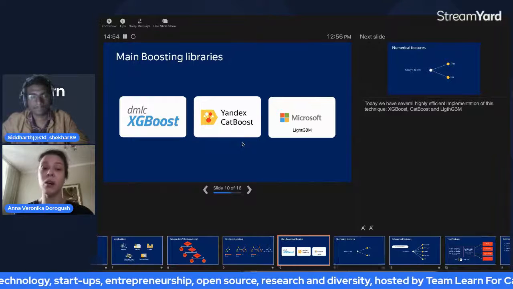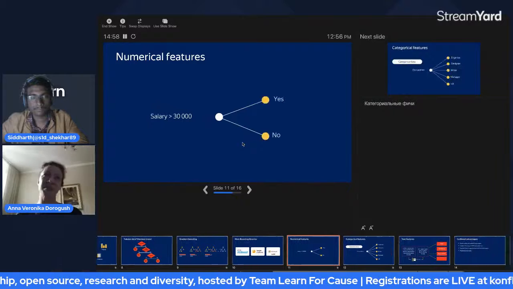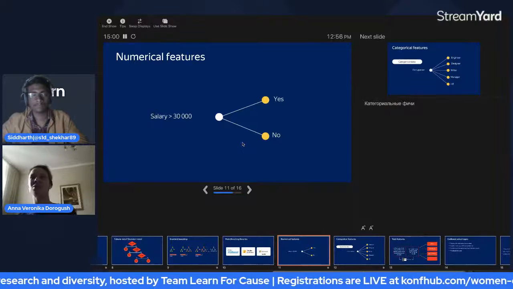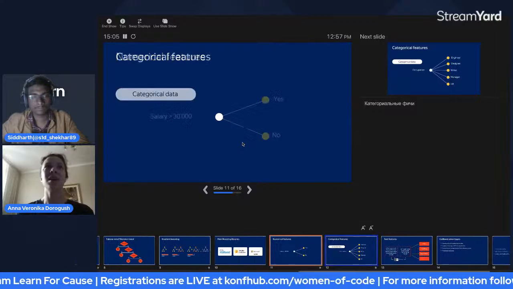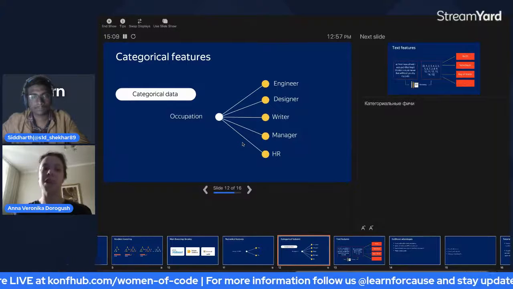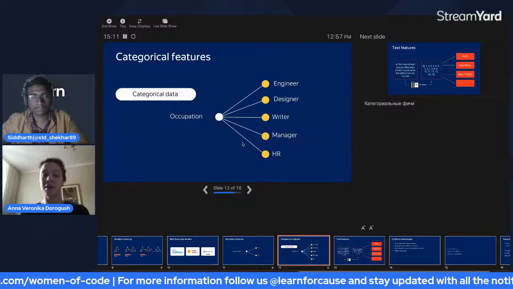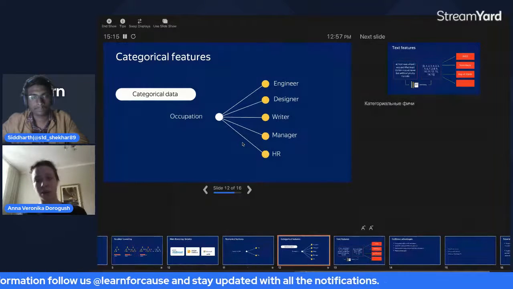So that means that all your features are numbers. For example, for credit scoring, it could be the value of your salary. But there are also other types of data in the world, for example, categorical data, and XGBoost is not able to work with categorical data.